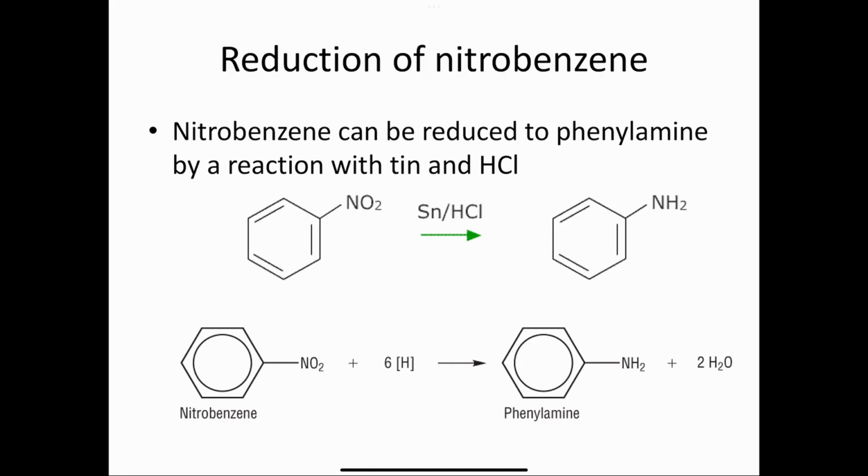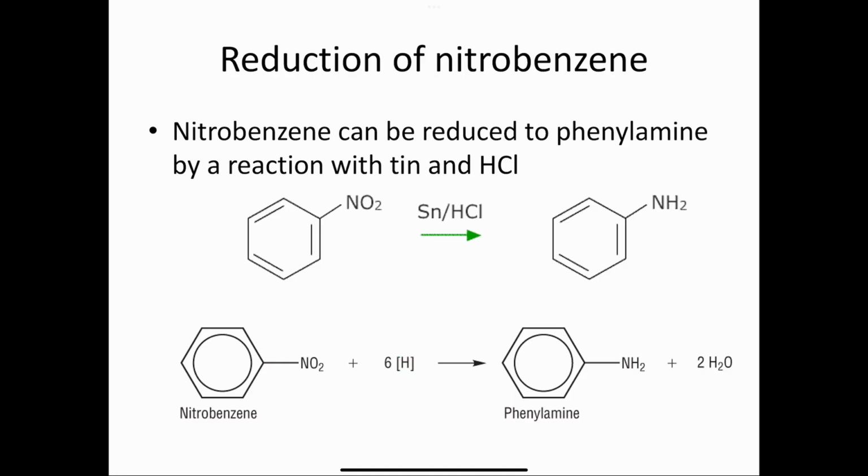Your other reaction is looking at the reduction of your nitrobenzene. So in terms of your reduction, this is the addition of hydrogen to your nitrobenzene, right? And this is going to be producing your phenylamine. So in order for your reduction to occur, you're going to need your tin, and you're also going to need your hydrochloric acid. You have a nitrobenzene, you get your hydrogens from your reagents,